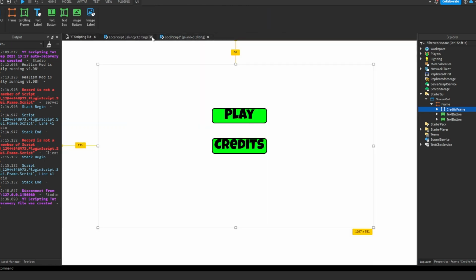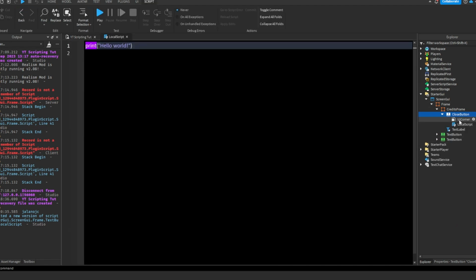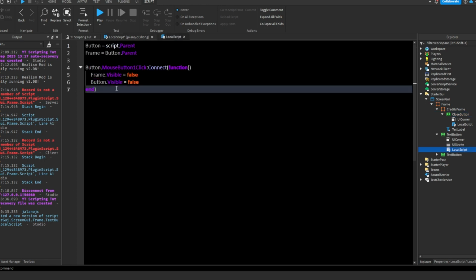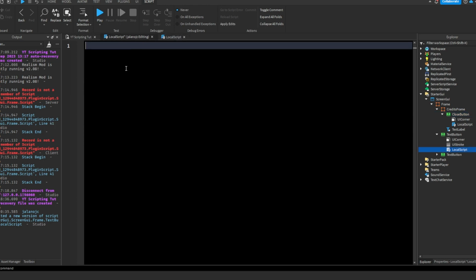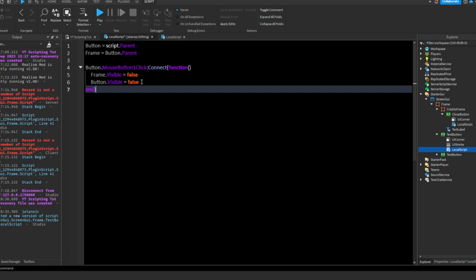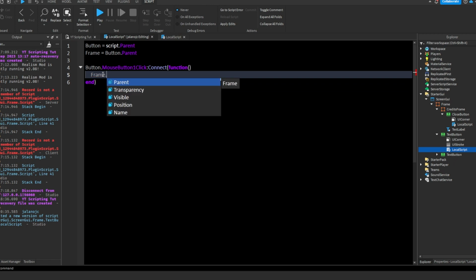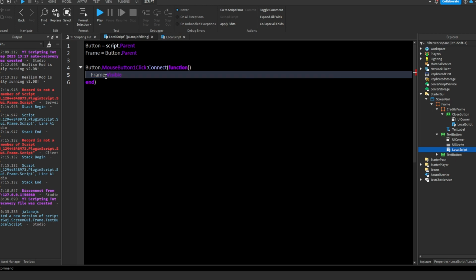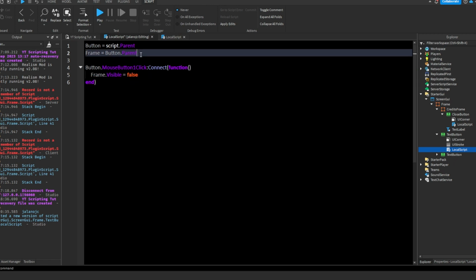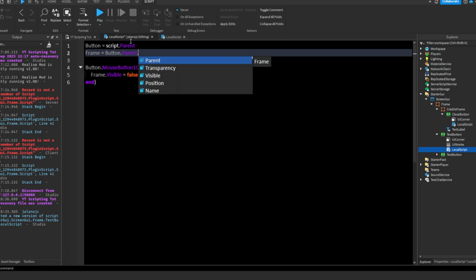And now let's script our close button, so we can close the scripts out, go inside our credits frame, and then add in a local script inside the close button, and we're gonna do the same thing. So let me just open up the other scripts. I'm going to copy this, go back into our new script, but this time we're going to delete that and say frame dot visible equals false,